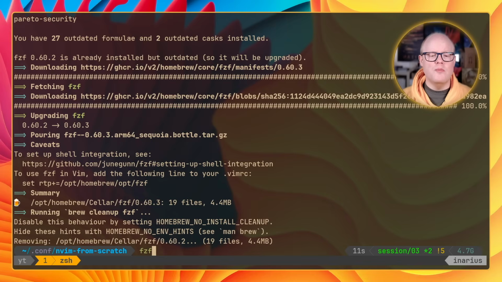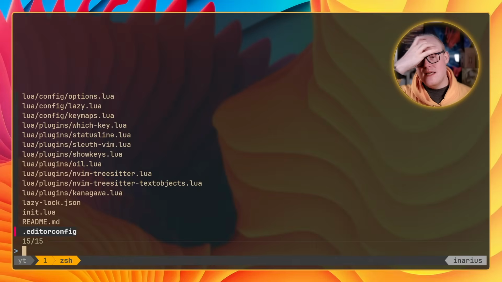Okay, so now after we have installed this, we can just call that on the command line. I can open it up, and what it shows me by default is the whole file structure and directory structure underneath my current working directory. So this is the current Neovim configuration that we have been working on for those 2 sessions. And now I can not only navigate here using my cursor keys and select one of the files,